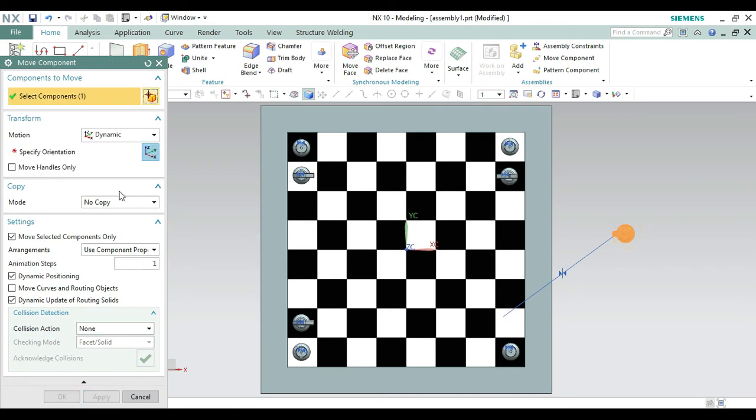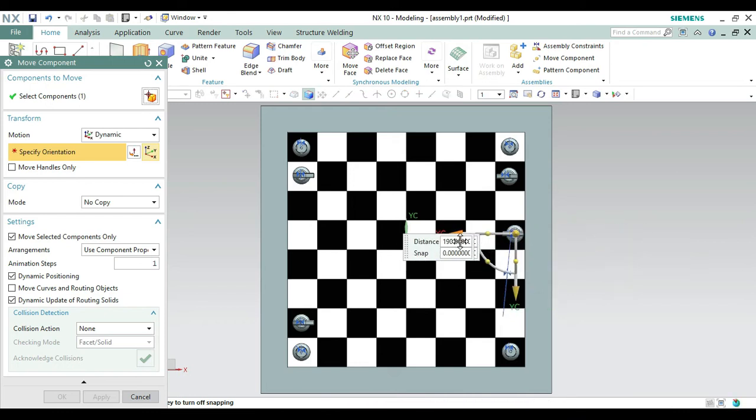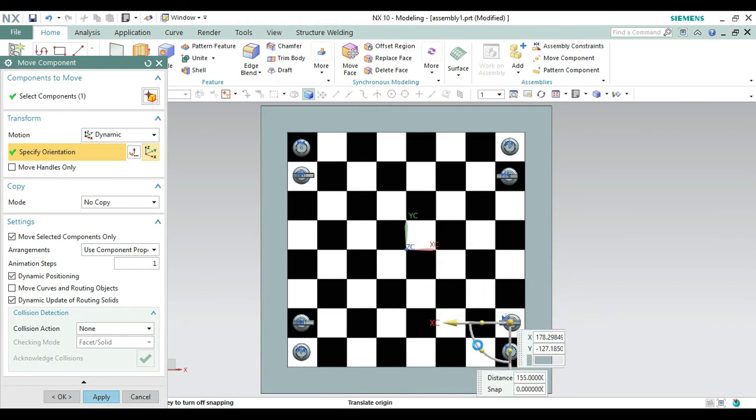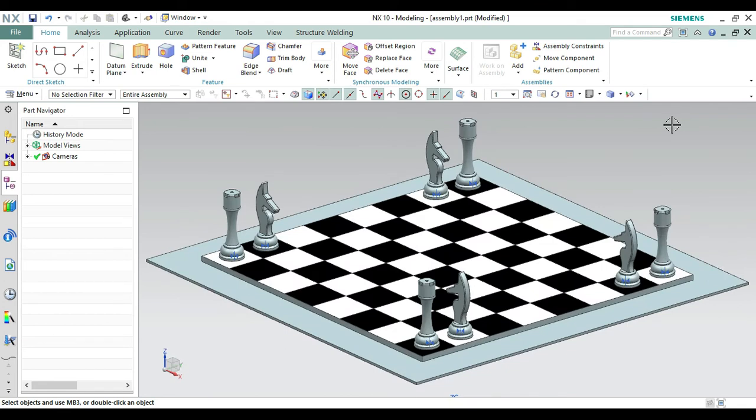So from here, taking this one, specify the orientation, drag this to this part. Now specify this, drag this one, and then drag this to this one and make that okay. Now we can see our four parts has been assembled.